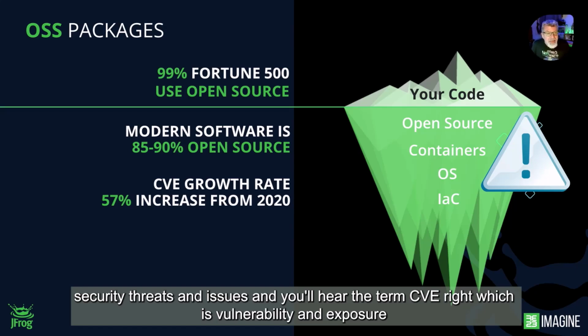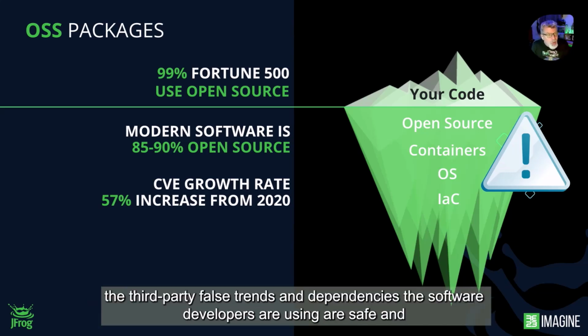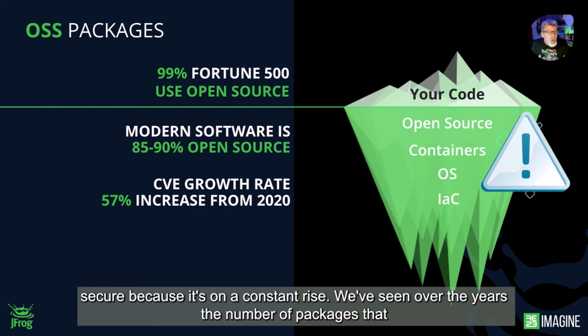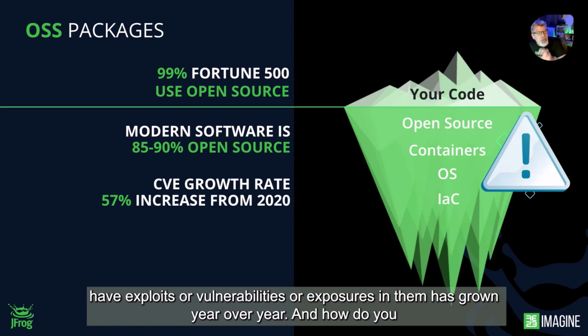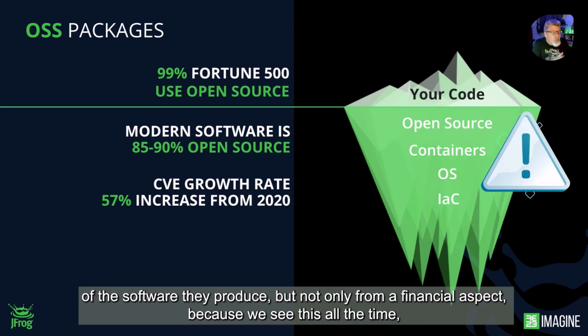And you'll hear the term CVE, right, which is vulnerability and exposure. At JFrog, we are a CNA, a CVE Numbering Authority, and we produce these CVEs. We make sure that the software components, the third-party and transitive dependencies the software developers are using, are safe and secure, because it's on a constant rise. We've seen over the years the number of packages that have exploits or vulnerabilities or exposures in them has grown year over year. And how do you provide a platform to companies to help ensure safety and protection of the software they produce, but not only from a financial aspect,